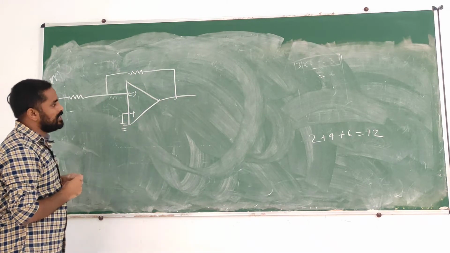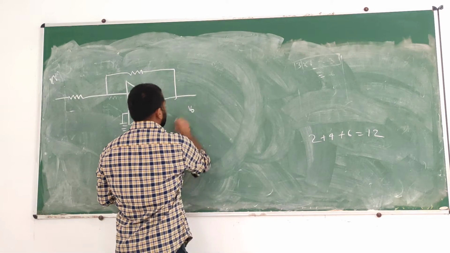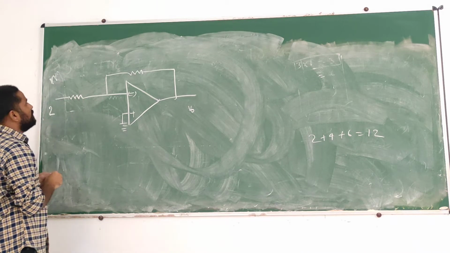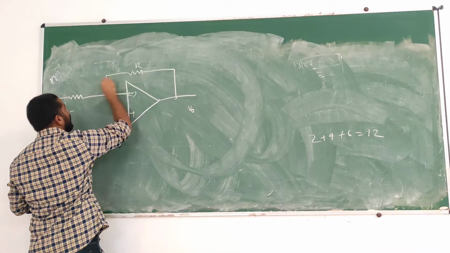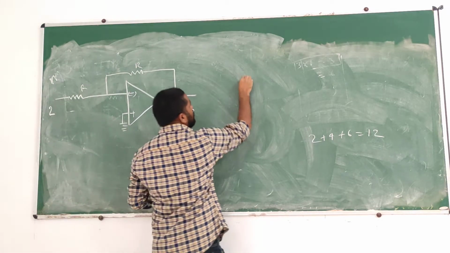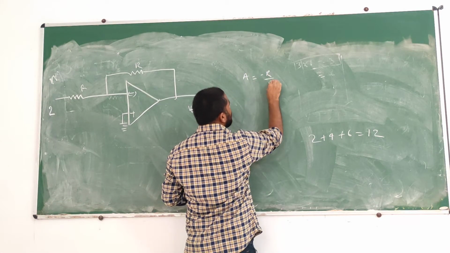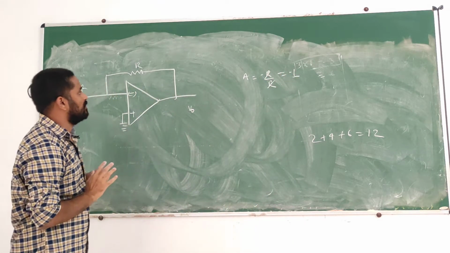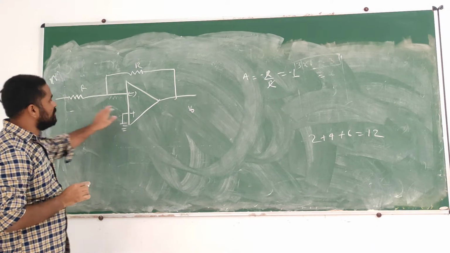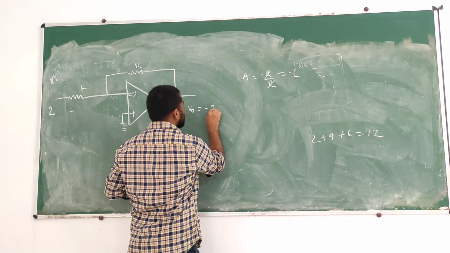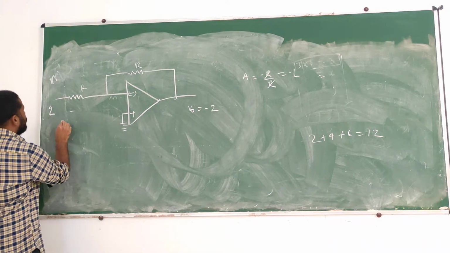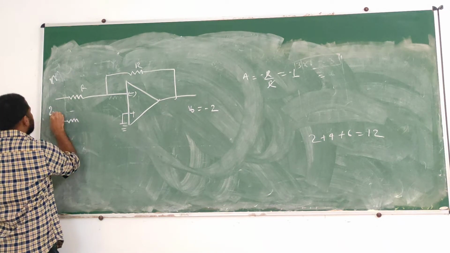Now what we need, we know that whatever voltage we are keeping here, suppose we are keeping 2 and we are making the gain R by R, what will be our gain? Gain is nothing but minus R by R, this is minus 1. We got the gain minus 1. Now whatever the voltage here, the inverted voltage, we are going to get minus 2 volt. This will be the output. Now suppose again we are applying another voltage, that is 4 volts, 4 millivolts, sorry.